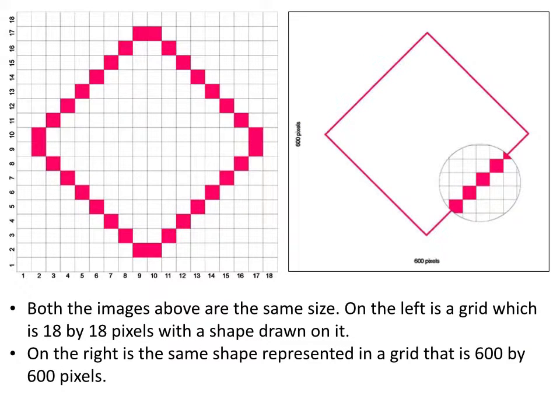This next slide is designed to represent how DPI affects the quality of the image. Both the images are the same size. On the left is a grid which is 18 by 18 pixels with a shape drawn on it. The shape can clearly be seen to be made up of a series of squares and is not a very